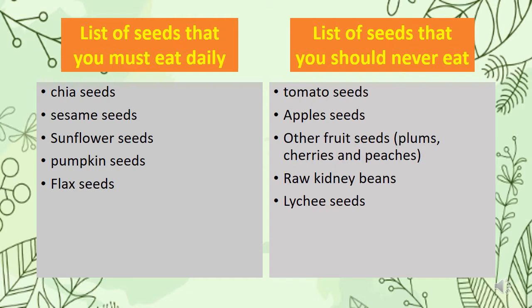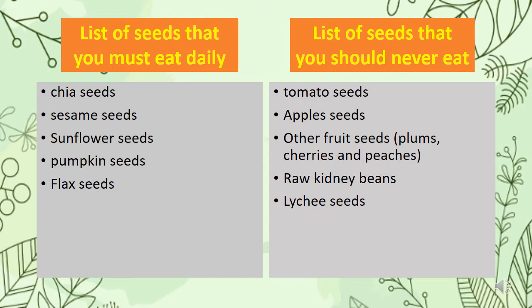The third one is the sunflower seeds. It helps to reduce the risk of heart disease and it also contains a high level of omega-6. The fourth one is the pumpkin seeds. They are loaded with omega-6 fats and phosphorus and are hence good for the bones, the nerves, and heart. And the fifth one is the flax seeds. These seeds are known to be an excellent source of fiber and omega-3 fats, and it also reduces the risk